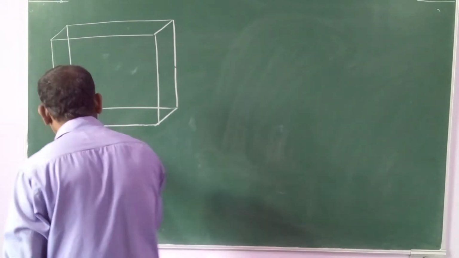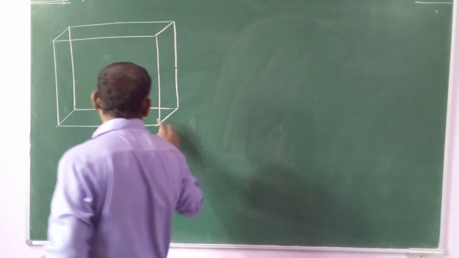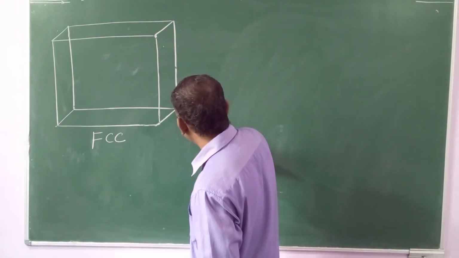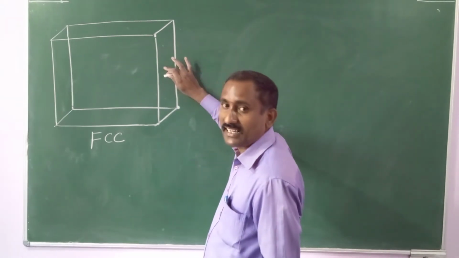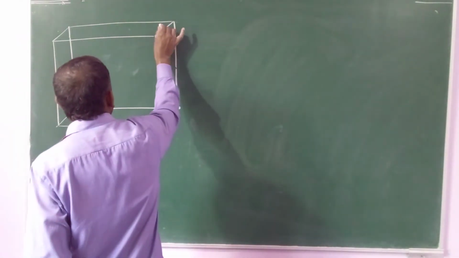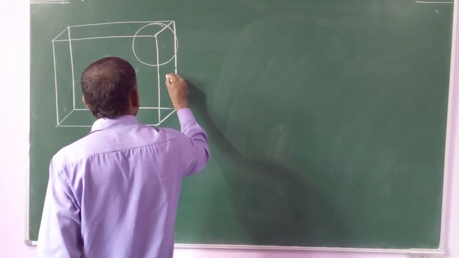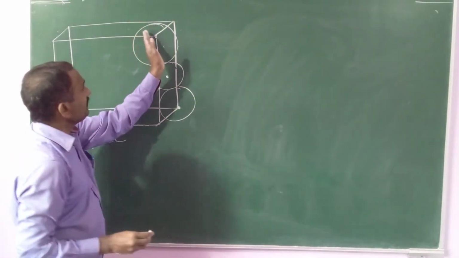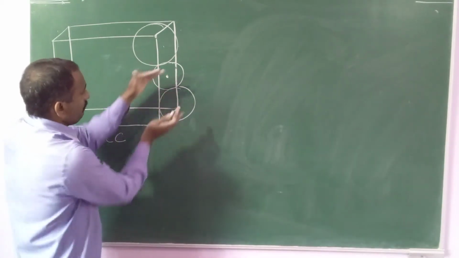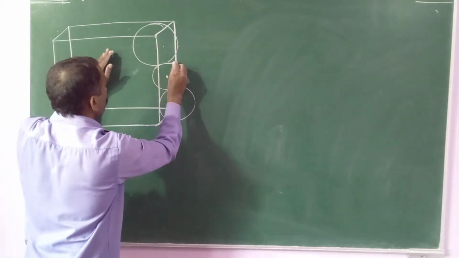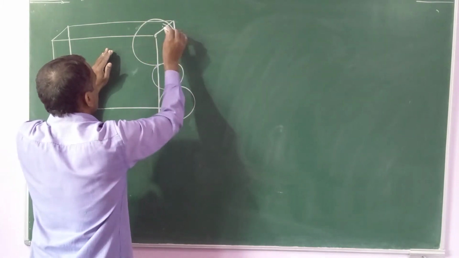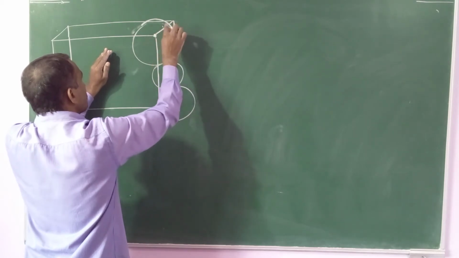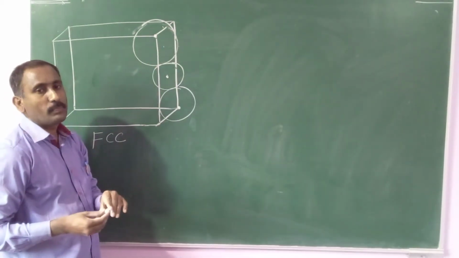So in FCC lattice, this is the FCC. Constituent particles present at 8 corners. Just for derivation purpose, I am considering this side. So 2 corners and 1 center of the face. So constituent particles we are assuming as hard spheres like this. In any solid, all the constituent particles are closely packed. That's why these 3 spheres we have to show in a close packing. So this is FCC arrangement. One side enough. If we show all 8 corners and 6 faces, the diagram is complicated.